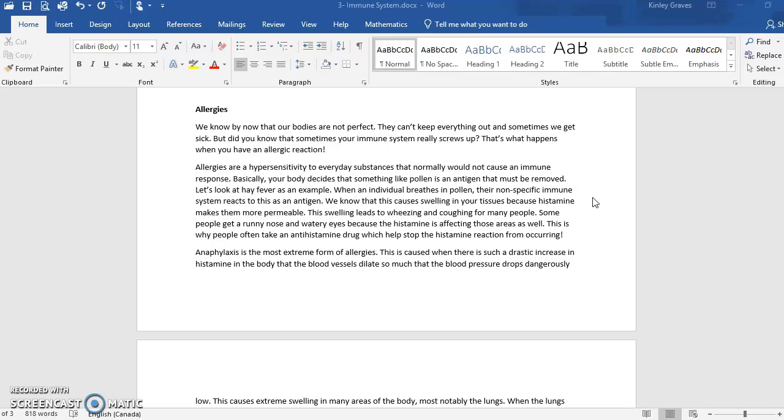histamine and then mast cells as well make our capillary beds more permeable in that area. And so that leads to the swelling of tissues, right? Because more fluid can flow out into kind of that cell area. So this swelling leads to wheezing and coughing for many people, right? So we breathe in that pollen, so it goes into our lungs, and that's where our histamine starts to release or to cause the capillary bed to be more permeable. So there's swelling in kind of your lungs, trachea, so that sort of area gets swollen.